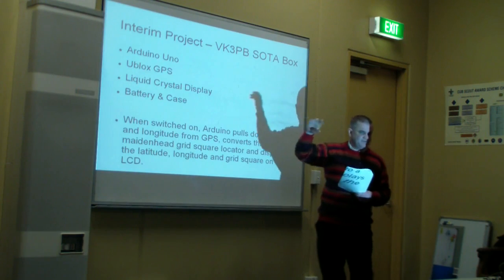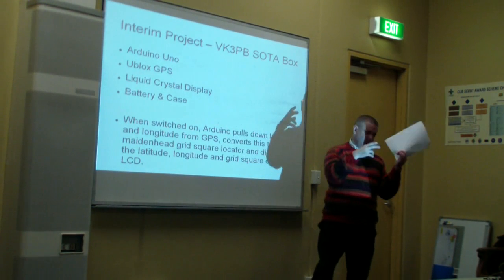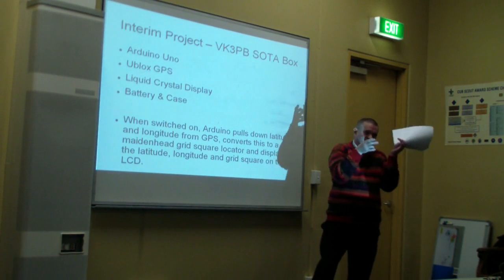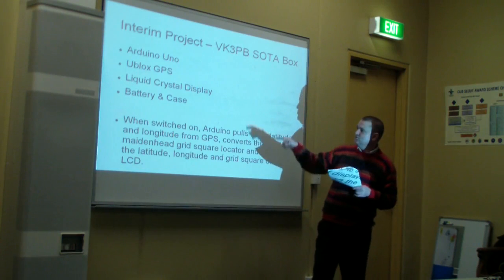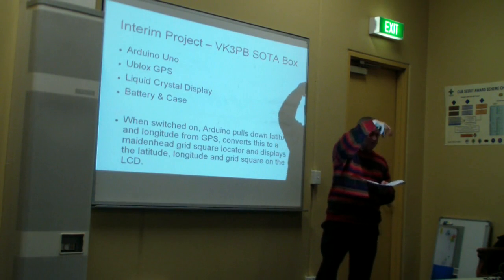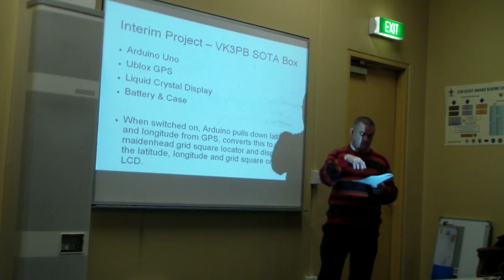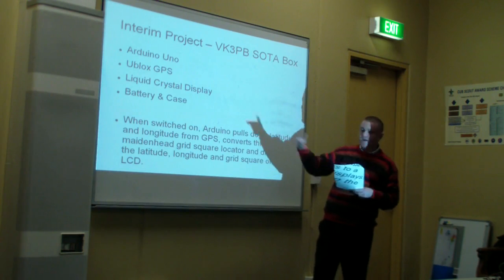It uses very similar hardware. Again, it uses an Arduino Uno. Now, I've got no weight requirements here, so I just use a full Arduino Uno. It uses that U-Box GPS that you saw before, a little LCD board that clips on to the Arduino Uno. I don't need to wire anything up, I just clip straight on the top, and a battery in a